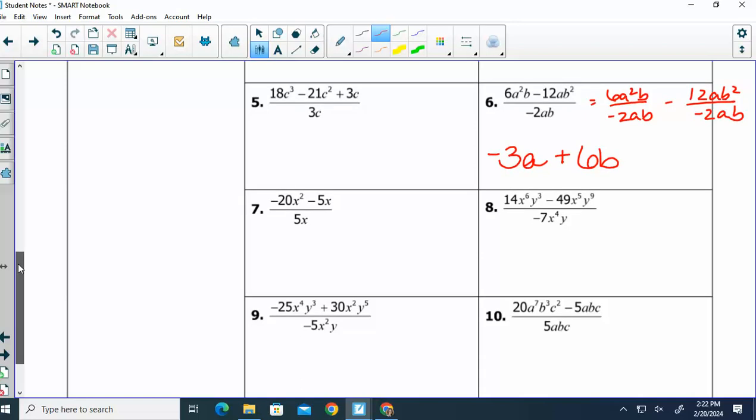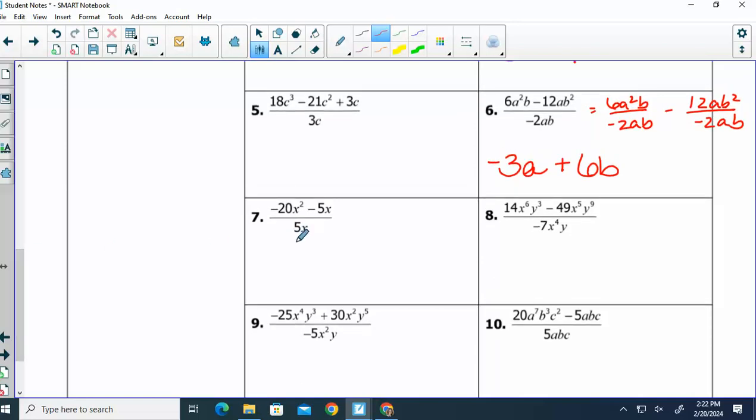We could also have multiple variables. So let's look at number 8. So if we divide those, we know we keep all of our variables straight. Some terms may not have both variables, but this one does. 14 divided by negative 7. Remembering the exponent written is just a 1. Then 49 divided by negative 7, so it was minus divided by a negative, so it becomes a positive 7x y to the